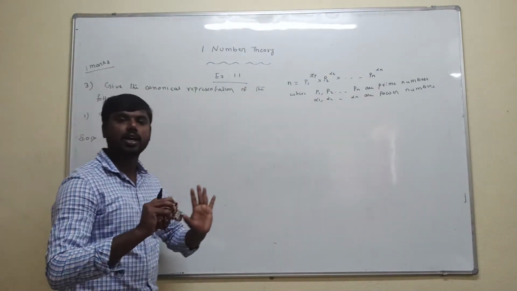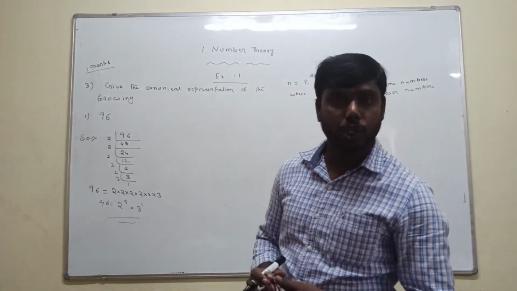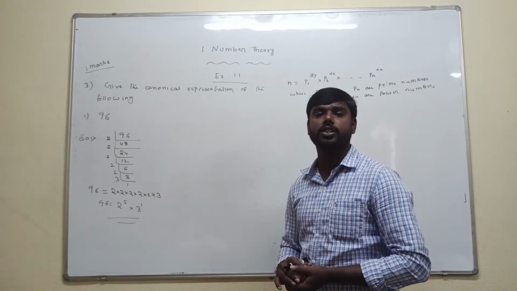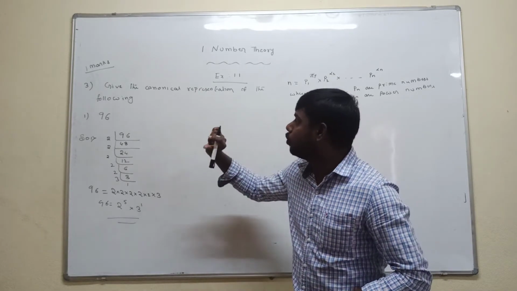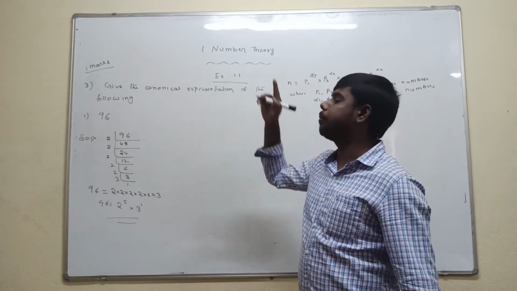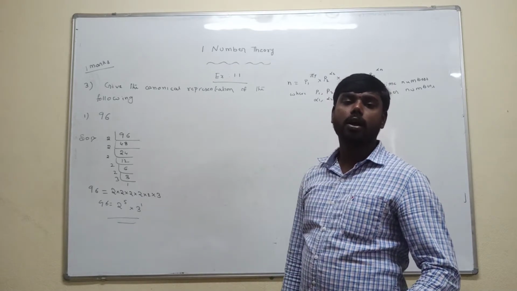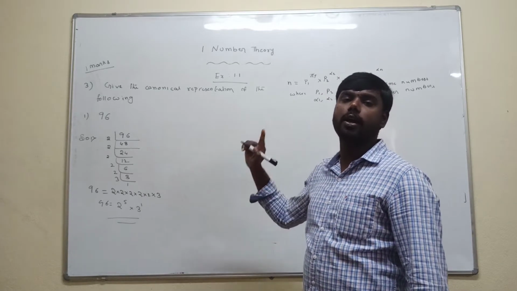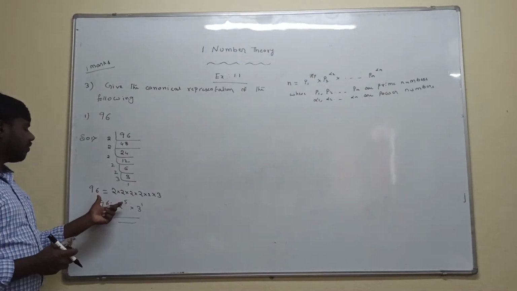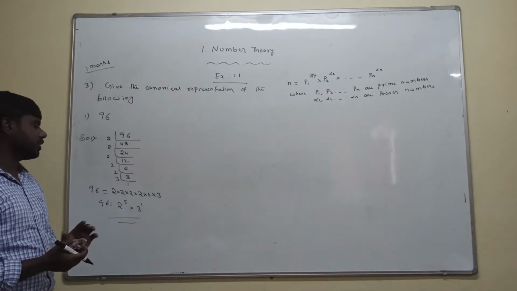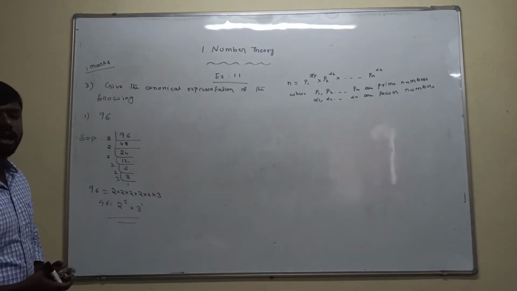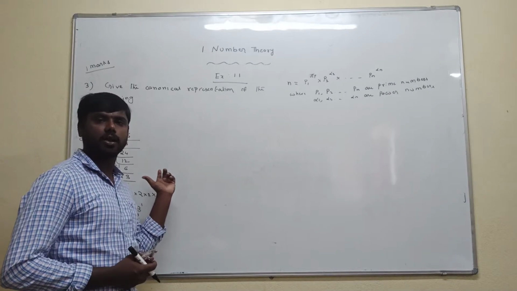In this question they will not ask you to find the number of positive divisors, and they will not ask you to find the sum of all the positive divisors. Here they are only asking for the representation of the number by the canonical representation. By using the division method, finally we write it as a product of prime numbers. That is called the canonical representation. This is the solution of this question. I think you understood how to find the canonical representation.